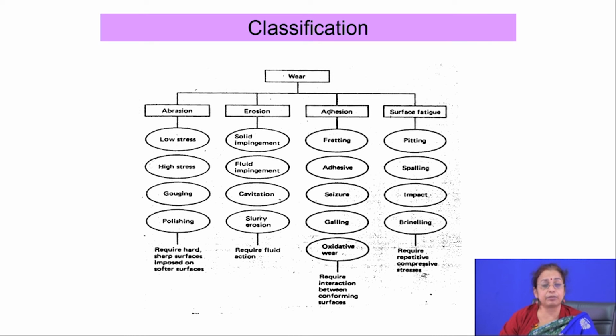You can collect the debris as well as the surface, then go for X-ray diffraction analysis to know what phases are present in the debris as well as on the surface. You can also do micro hardness measurement on the surface to see whether there is any change in hardness. But typically, if you do scanning electron microscopic observation and the X-ray diffraction technique, you get an idea about the mode by which the wear proceeded in your case.